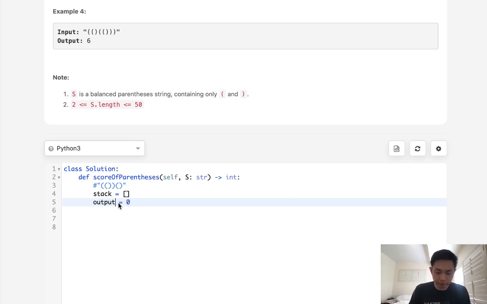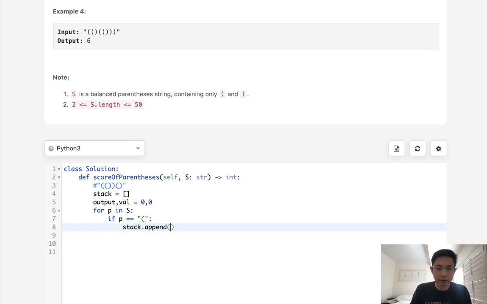Okay, so what we'll do here is start off by, let's call it, I guess maybe value. And we'll say for P in S, there's really only two options. It's either open or it's closed, right? So if it's an open, if P equals an open parentheses, then we will append to our stack 0. Now otherwise, if P equals a closed parentheses,